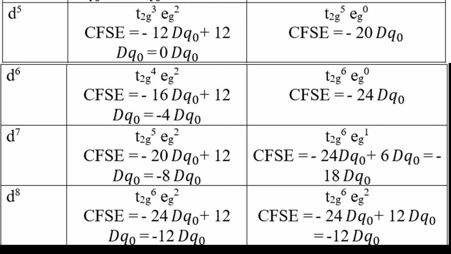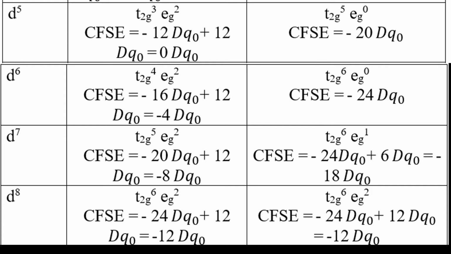D6, electronic configuration t2g^4 eg^2, that is minus 16 Dq0 plus 12 Dq0 is equal to minus 4 Dq0. And strong field t2g^6 eg^0 is minus 24 Dq0. D7, t2g^5 eg^2, that is minus 20 Dq0 plus 12 Dq0 is equal to minus 8 Dq0. For strong field, t2g^6 eg^1 and CFSE will be minus 24 Dq0 plus 6 Dq0,